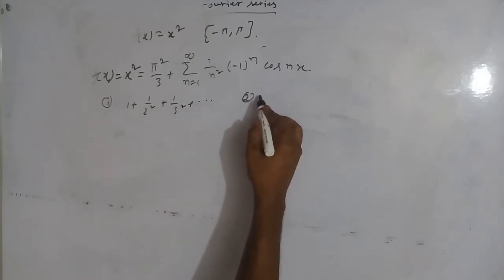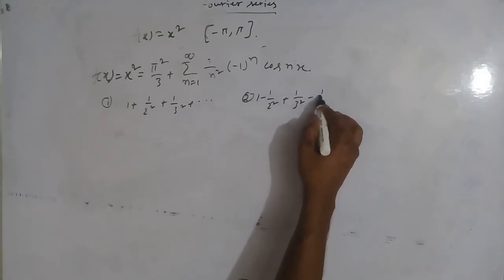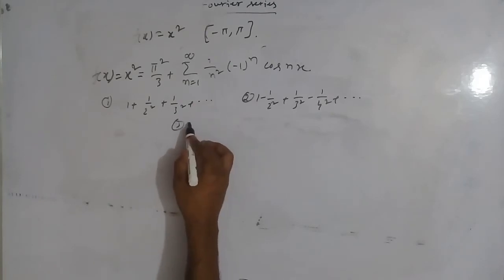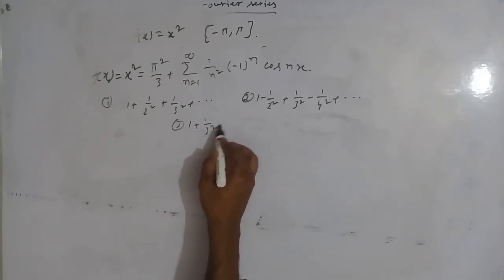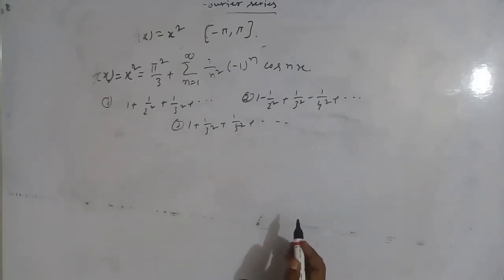Number 2: 1 minus 1 by 2 square plus 1 by 3 square minus 1 by 4 square plus dot dot dot. And number 3: 1 plus 1 by 3 square plus 1 by 5 square plus dot dot dot. Now,